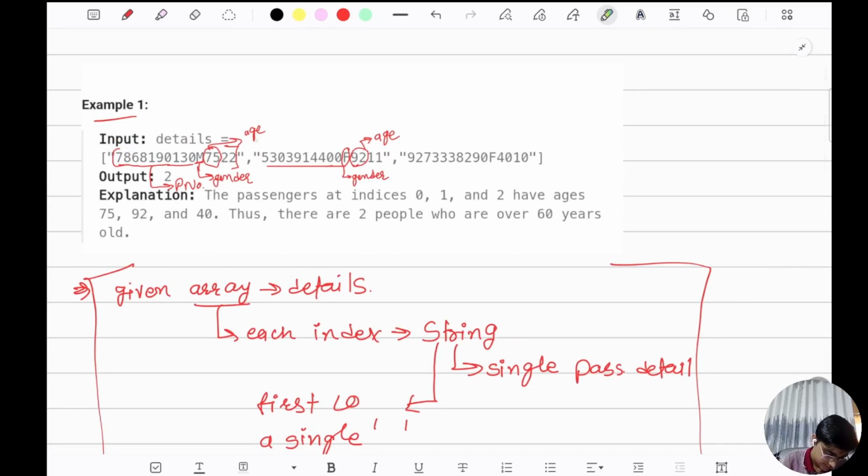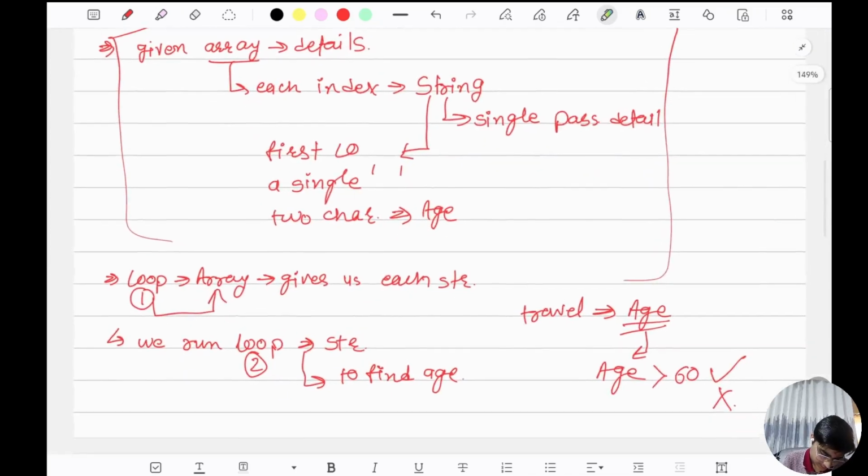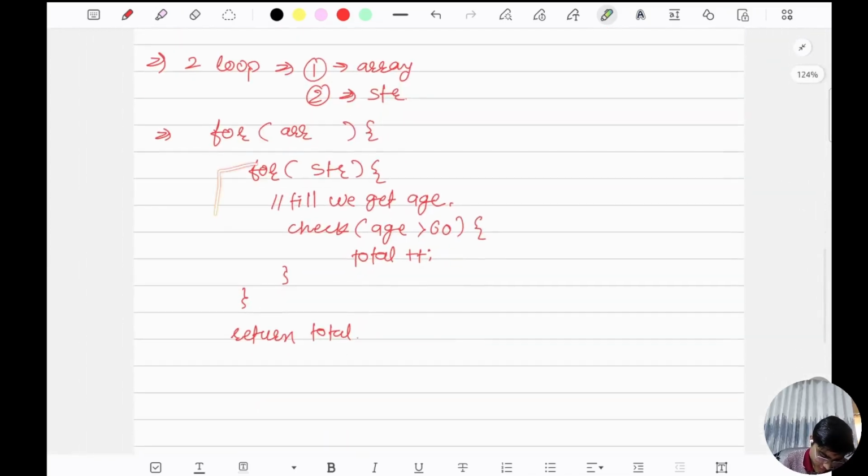Wait a minute, I will remove all this that you can easily find. Now, the main outer for loop runs through this whole array, and it gives us each index one by one. It means first it gives us the zero index, then one, then the second index. It gives us like that. So in the first iteration of the loop, we get this zero index, and now our second for loop is running